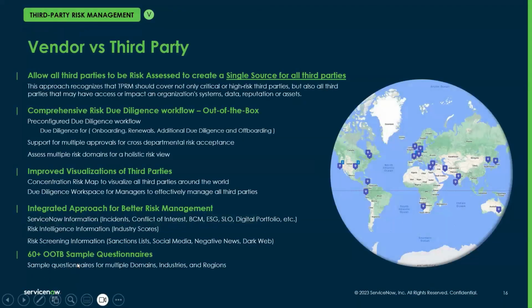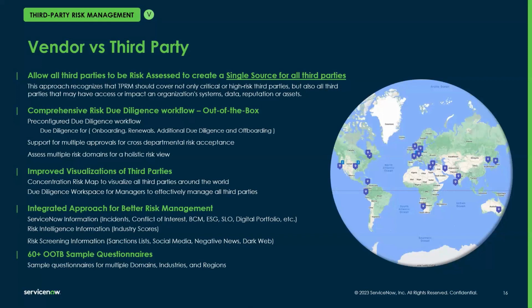So, for those of you on the phone, you've seen the switch from vendor risk management to third-party risk management. And ultimately, what is the difference? Vendor risk management has been a product in the risk portfolio for a long time; we released the first version in 2017.